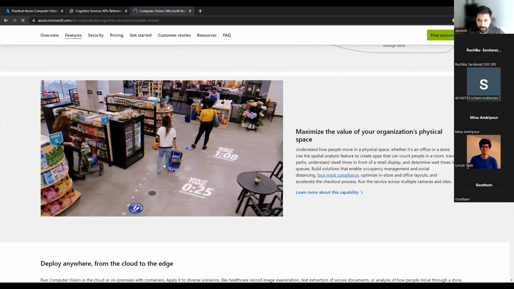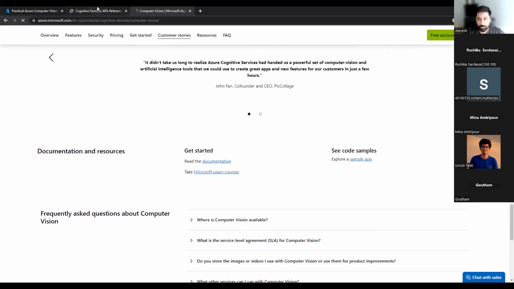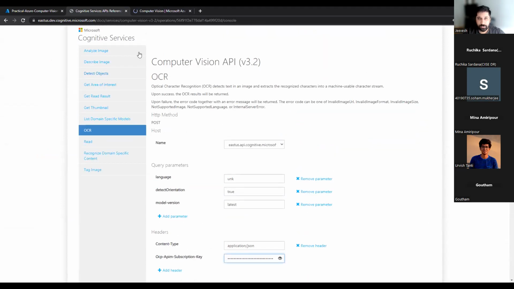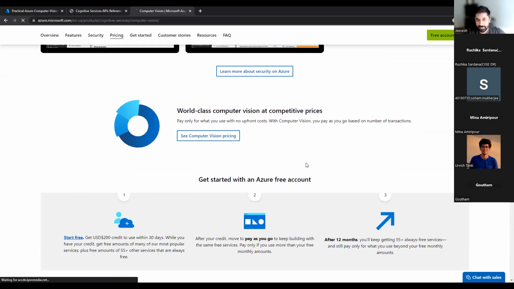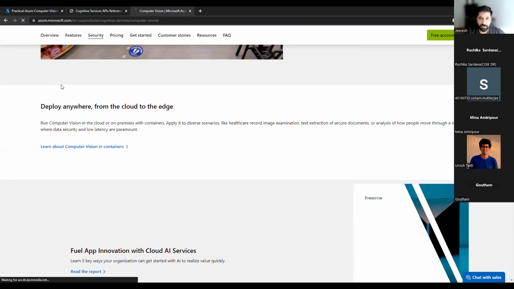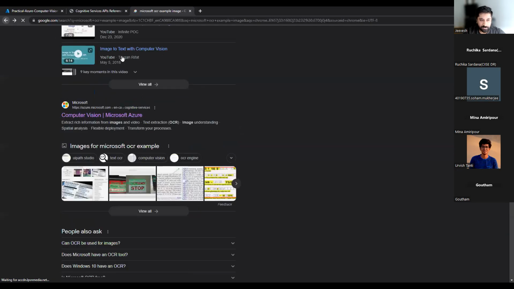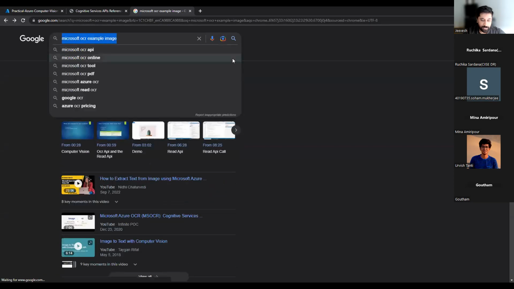Because I'm not using my code, I cannot upload over here. I need to pass the URL. It's a test cognitive service that I'm doing. If it was my code, I could have taken a screenshot of my handwriting and then tested it. It would have been the best possible way to detect how badly things can be detected. Okay, let's just see.